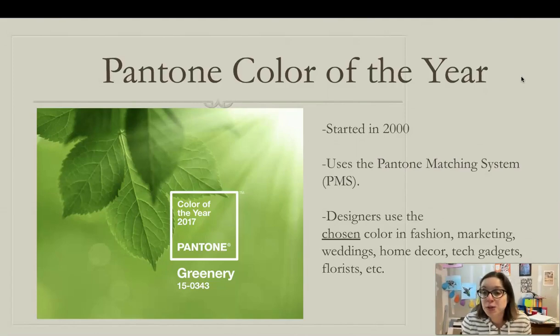It uses the Pantone matching system, which is called PMS, and it's a system used by artists and designers, especially in marketing and in brands, to create color coordinated products. Designers look at this for fashion, marketing, weddings, home decor, tech gadgets, florists, anything that really depends on color to